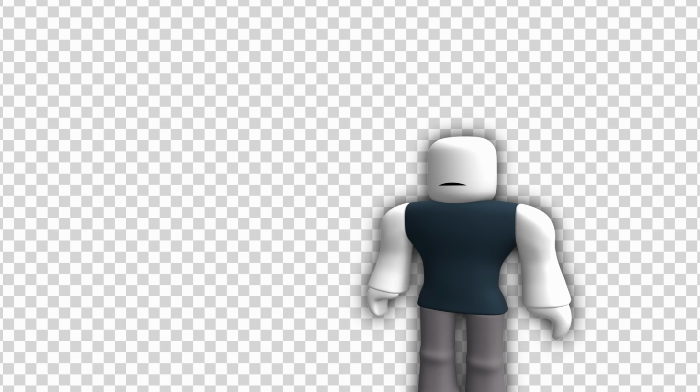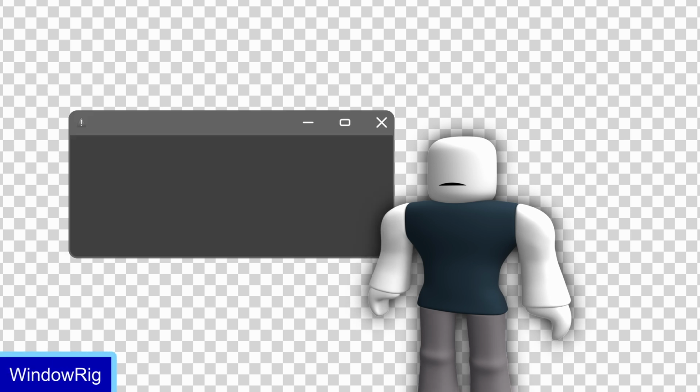Oh yeah, also, before I went with the Vista Windows 7 styled window rig, I had a very basic one inspired by Windows 11 of all systems, or rather by a rig I previously made in After Effects for a shitty series I shelved before shifting my workflow to Cavalry because I'd gotten fed up with Adobe.